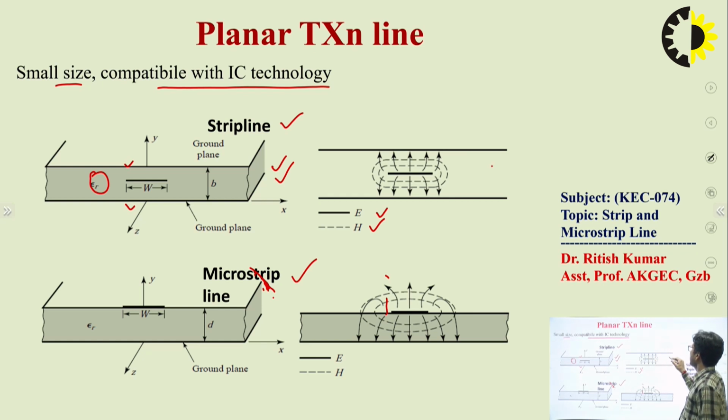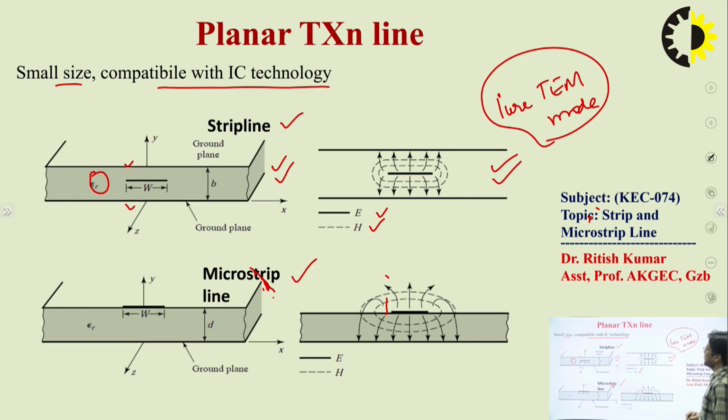That's why we can say this strip line always has a pure TEM mode, because this strip line satisfies both conditions, that is, at least two distinct conductors and homogeneous media surrounding the strip line. Now the second one is the